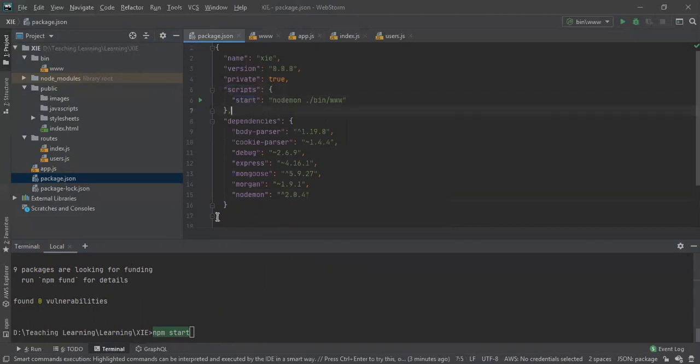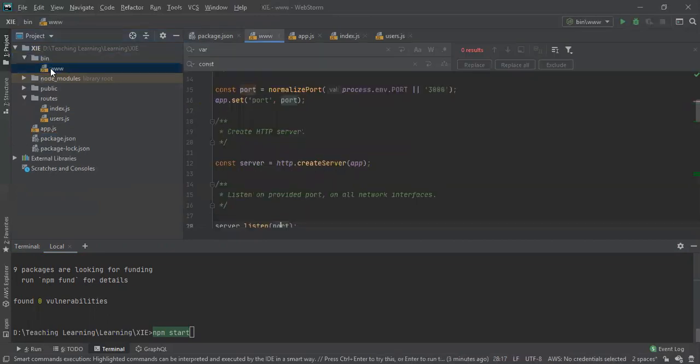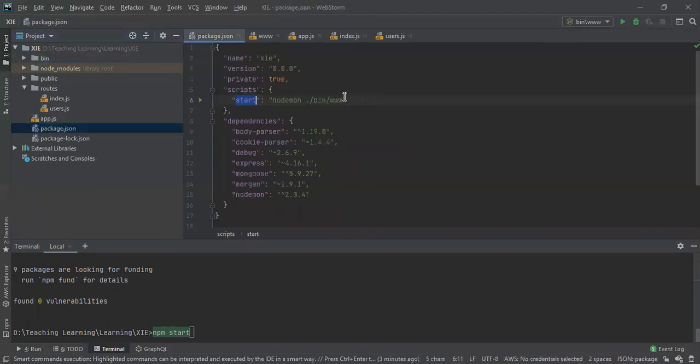So when you say npm start, it will run the command nodemon in the current directory in which the package.json file is there. There is a directory called bin, and inside the bin directory there is a file called www.js. So it says to run that file.